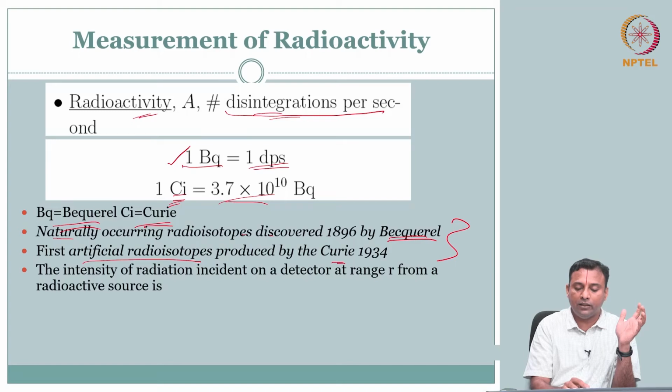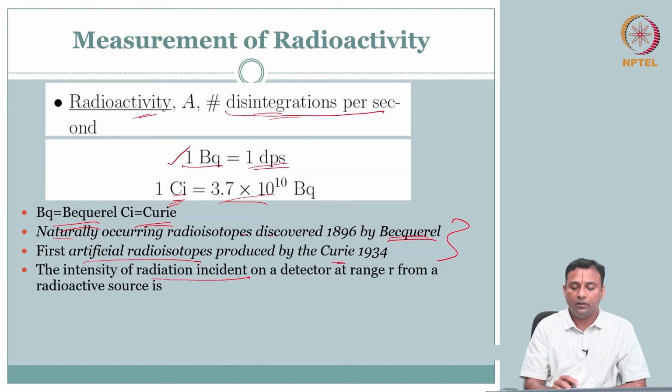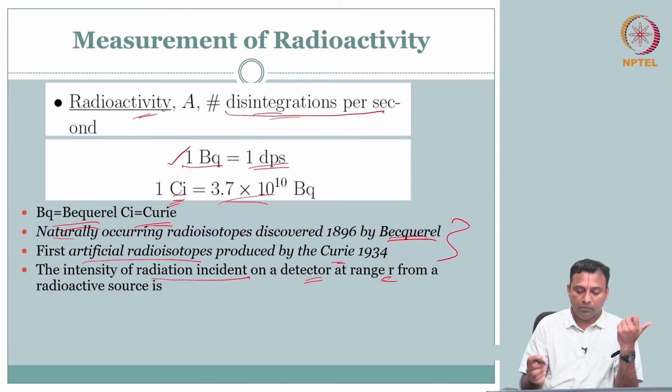So what is the intensity? This energy comes out and you want to detect it. So what is the intensity of radiation incident on the detector, let us say if the detector is kept at some distance r from your radioactive source? Same concept we use: you have a source, you have a detector. Is there any law that comes to your mind? When we talked about exposure, what did we say? Stay away, every distance gives safety by 1 over d squared, the inverse square law. So here also the same thing holds good.